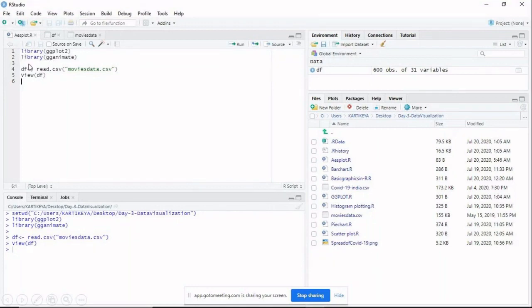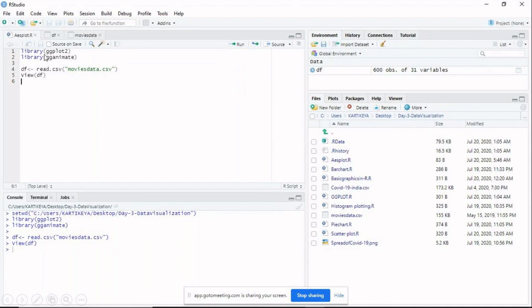When you want to use the ggplot2 package, first it has to be installed on your base version. So we can use install.packages and type ggplot2, and we can install that particular package. Once you install it, we should recall that package so that we can use the commands present in ggplot2. Library is the command to recall your package.